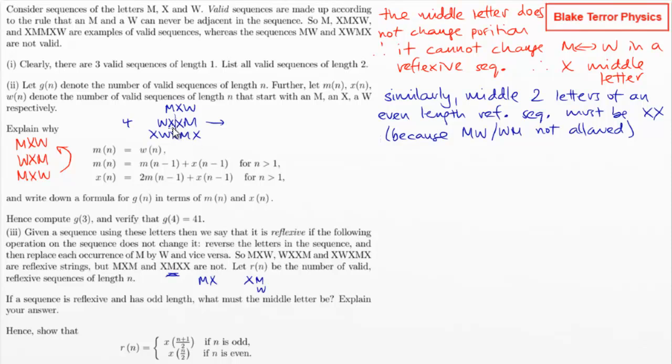Right, so if we've got XX in the middle of these, so we've got a sequence, the second half of which must be starting with X and must be half the length. So that's got to have something to do with this. So let's say how we construct a reflexive